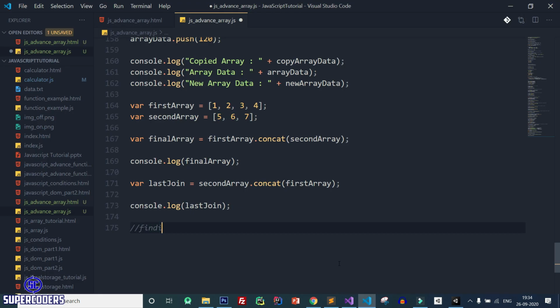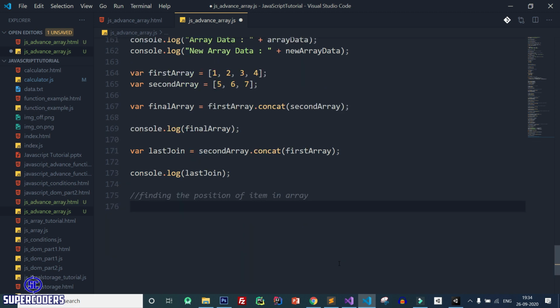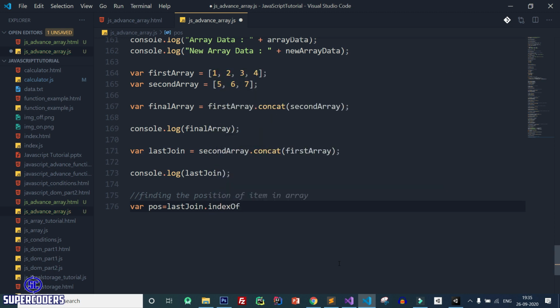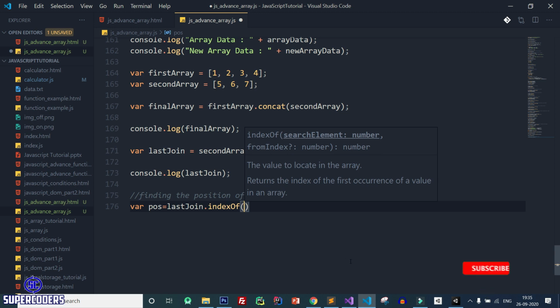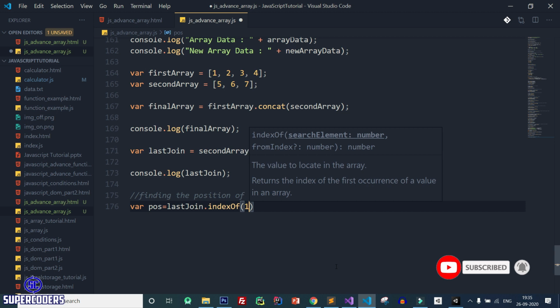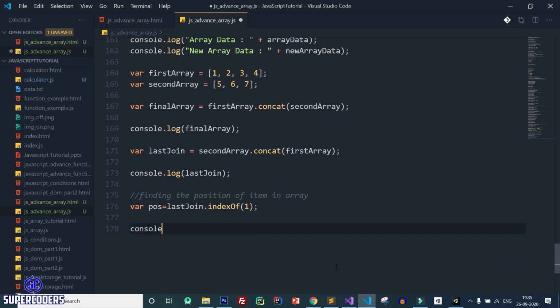So finding the position of item in array, where pos equal to last join dot index of, then we need to find the index of 1, so pass 1 and console.log position.